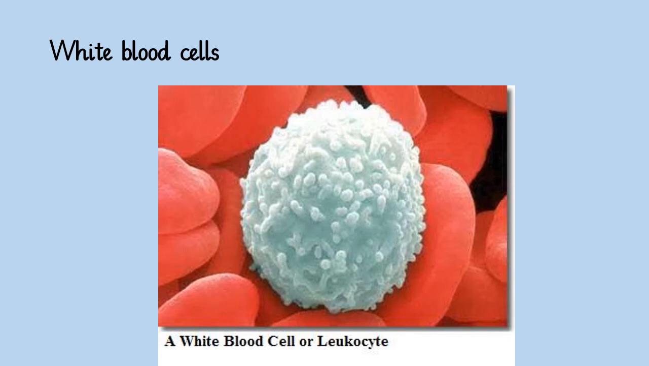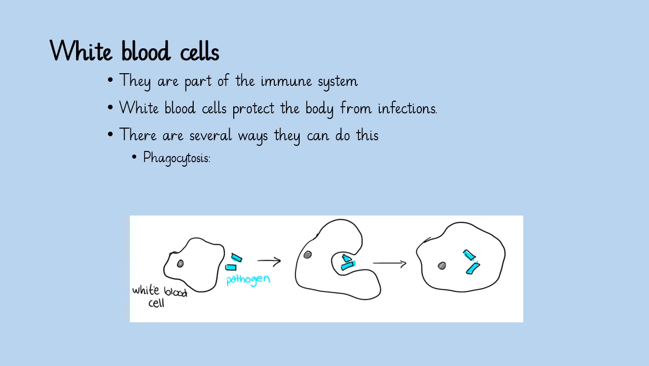Then we've got some white blood cells. They're not as common as your red blood cells. White blood cells are part of your immune system, so they help your body fight infections and diseases. There are several ways they can do this, but in the diagram here,